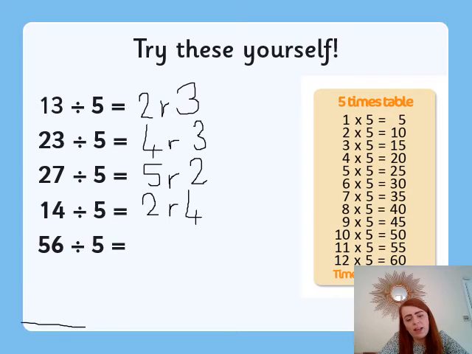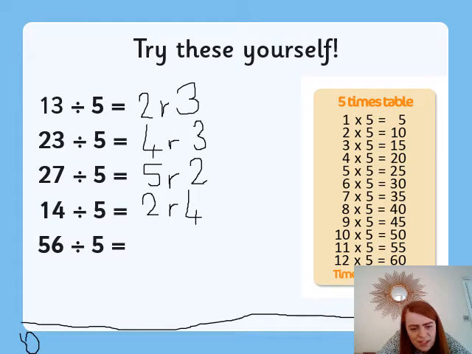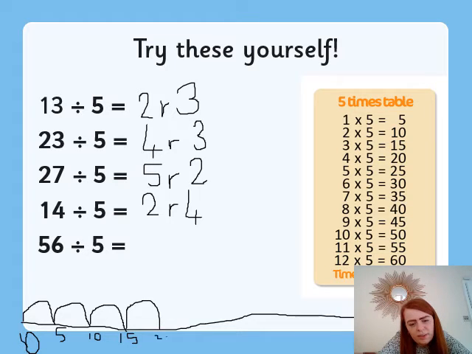Let's use an empty number line for this one. So excuse my bad drawing, boys and girls, I'm on my laptop. I'm going to have 0 at this end and 56 at this end. And let's see how I can do this with jumps of 5. So 1 jump of 5, 5, 10, 15, 20, 25, I'm almost halfway there, 30,